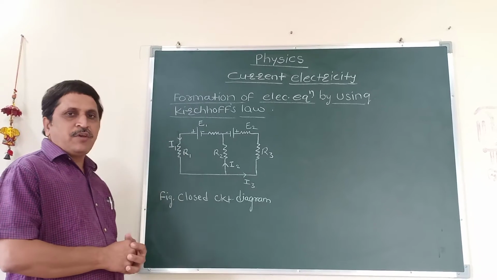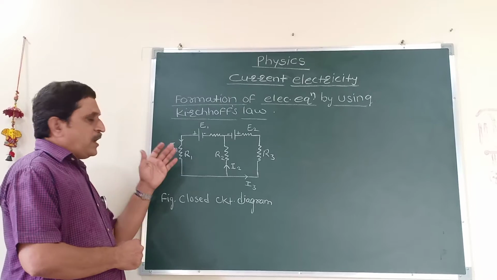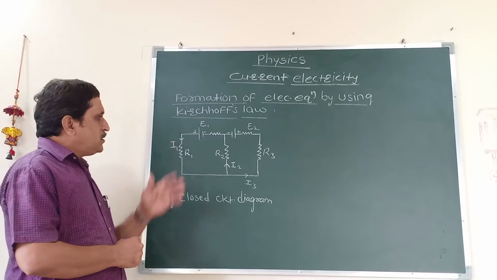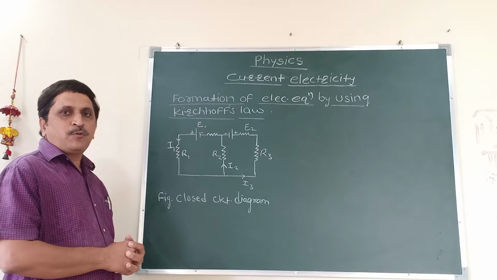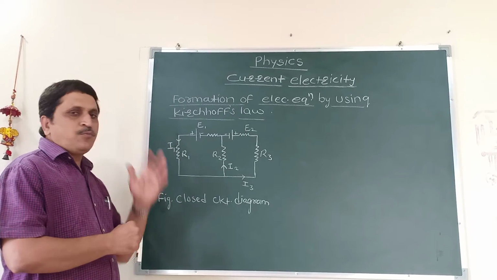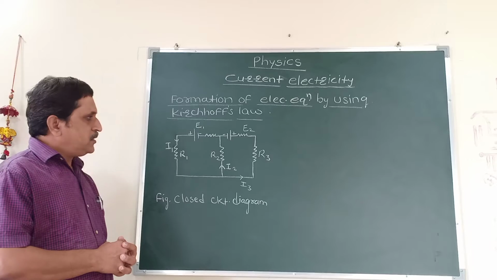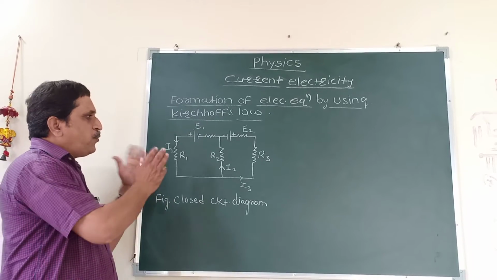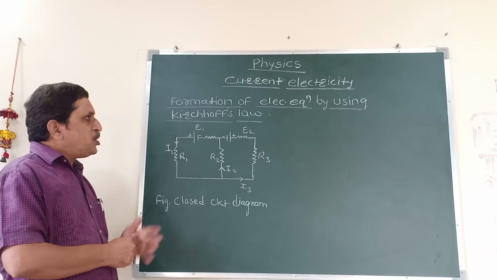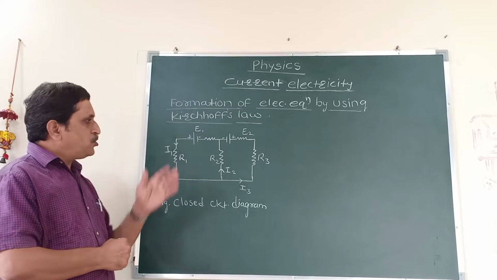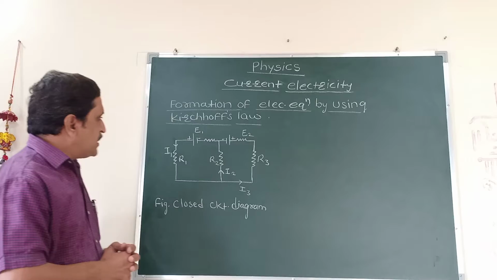By using the electric equations, we can determine the value of current flowing through the circuit, the value of resistance used in the circuit, and the value of potential difference between any 2 points across the circuit. First we will see how we can make an electric equation by using Kirchhoff's voltage law, or Kirchhoff's second law, with the sign convention.